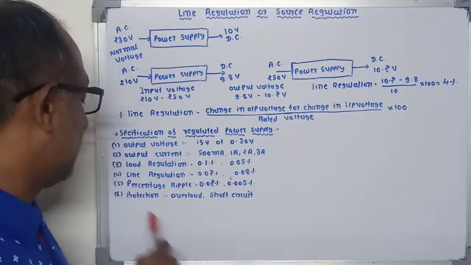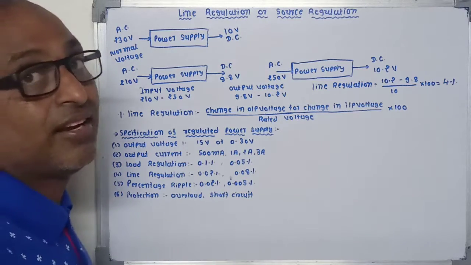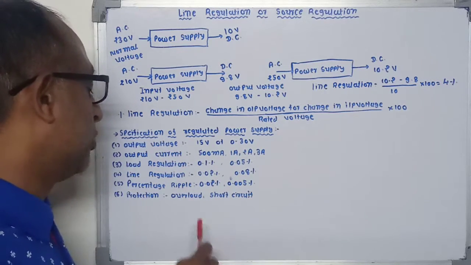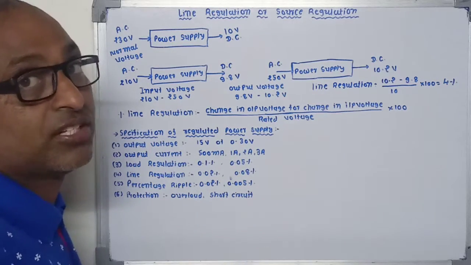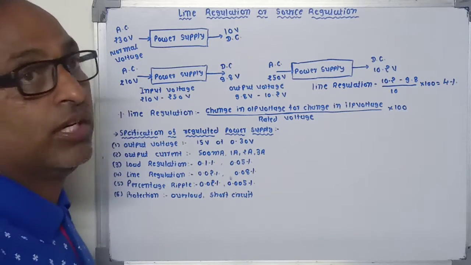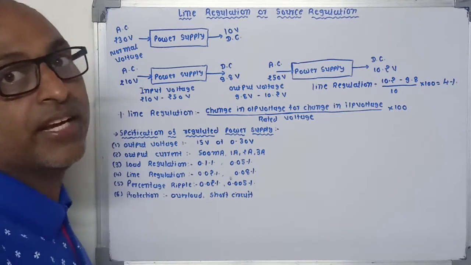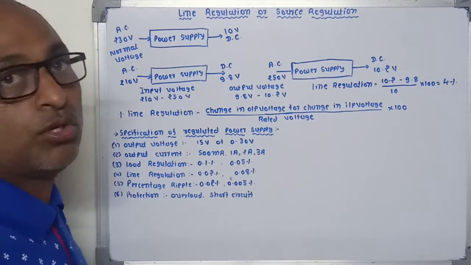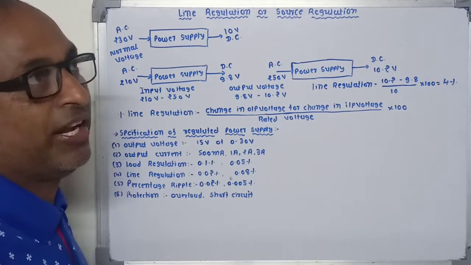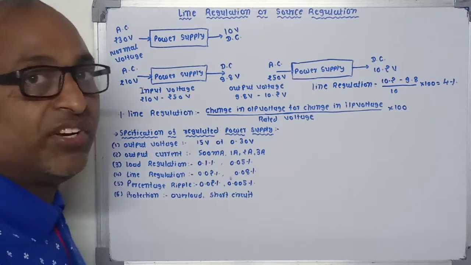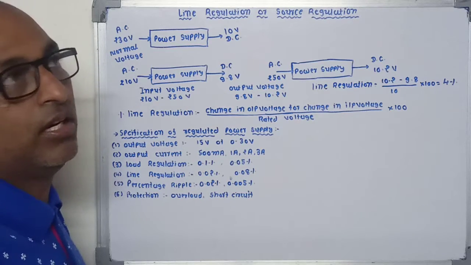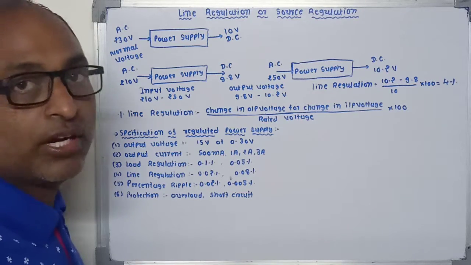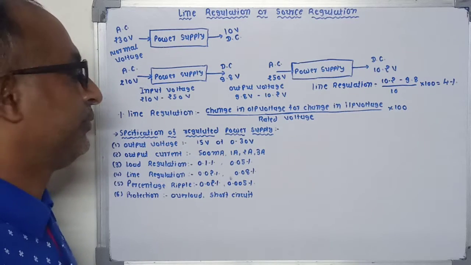Next, protection. Now it is necessary to indicate which type of protection is used in the power supply, such as overload protection, short circuit protection, etc. It also indicates which type of enclosure is used for the power supply, and whether a voltmeter or ammeter is provided or not. If it is provided, then which type of meters is used, that means it may be analog type or digital type.